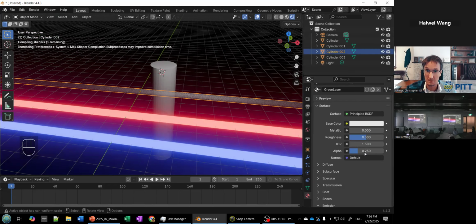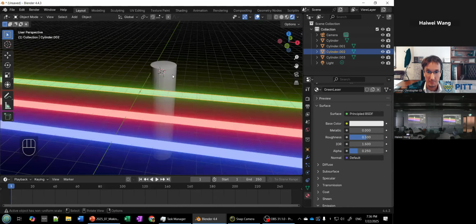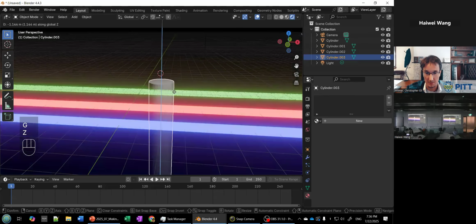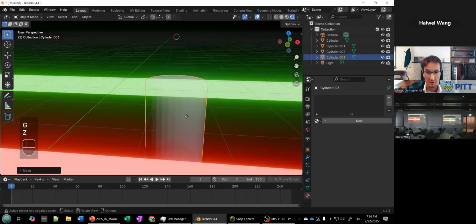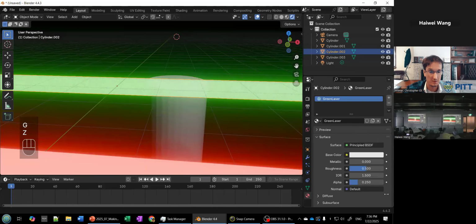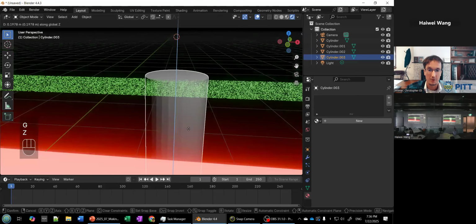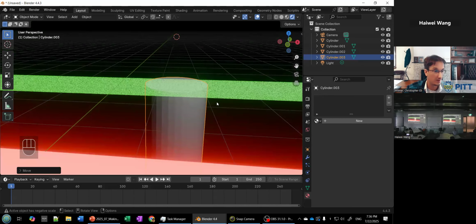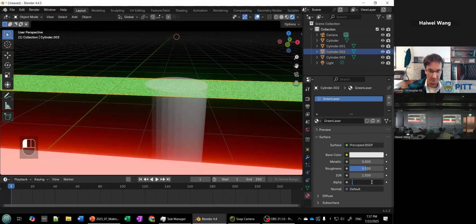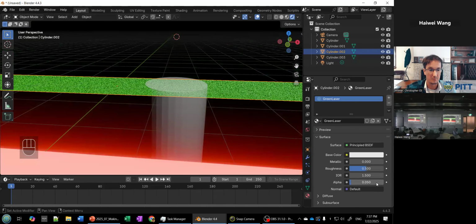okay, wait a second, my computer's thinking. It's a little subtle, but I think it is now partially transparent. Maybe I need to lower this more. 0.1. Okay. You can fiddle with it, but I don't know if you can tell, but now it is transparent and glowing. Of course, these effects sort of compete with each other. If I keep lowering the alpha value, it gets more and more transparent, but at a certain point,